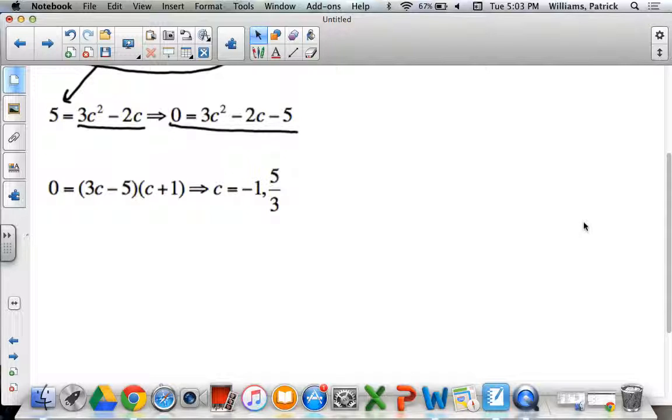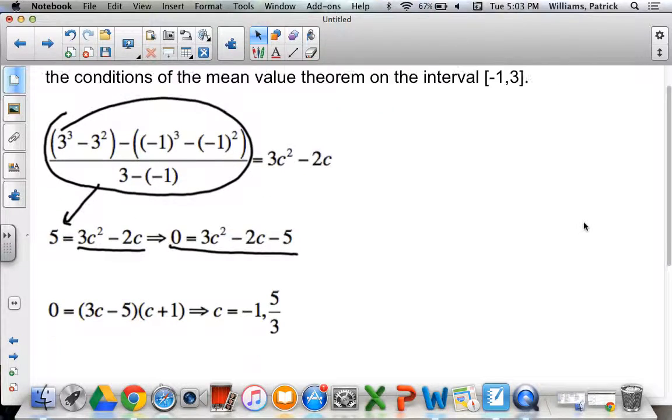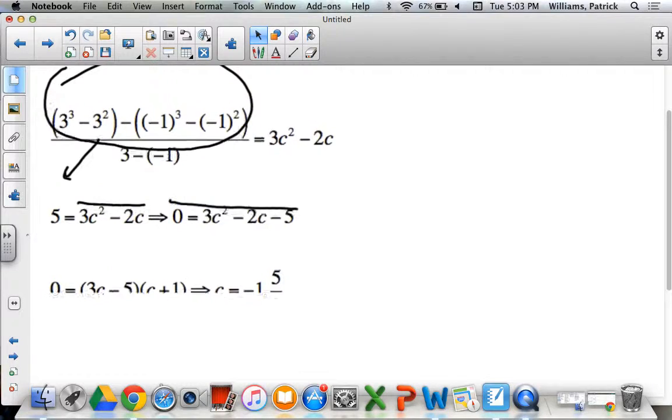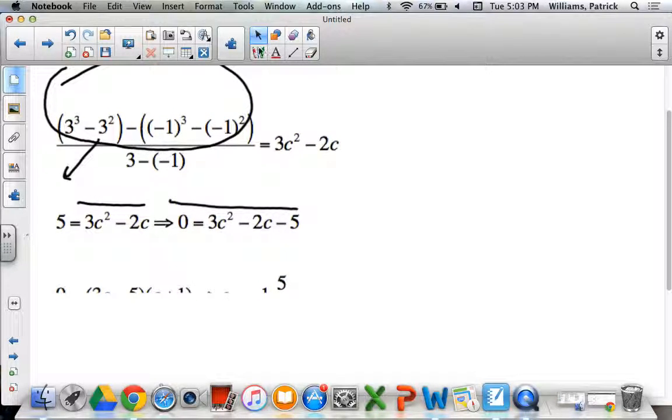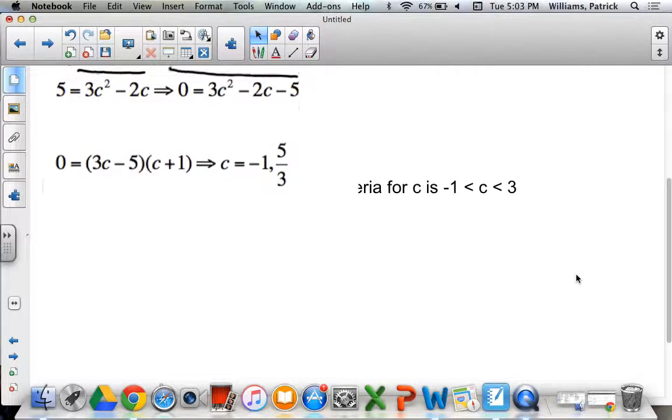Let's go back up to the original problem. Look at the wording of the original problem and tell me if both of those c values work. What's the one problem with one of them? Well, the one problem is coming from the value of c equals negative 1. And the reason why that gives us a problem,